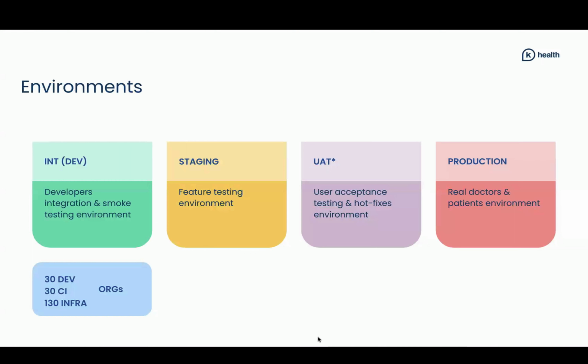Coming back to environments, guys. After staging, we execute some regression tests and hot fixes before the release in UAT and production. Just giving that overview so you can understand what we're dealing with. Together with that, we have many scratch orgs that we leverage for development, CI, and running regression tests, end-to-end tests, and infrastructure. Those are about 200 active environments, all orgs at a time.